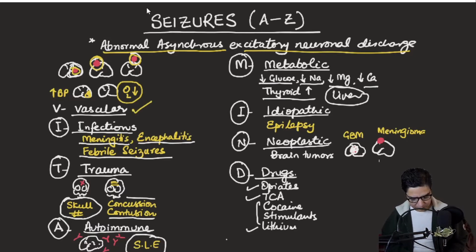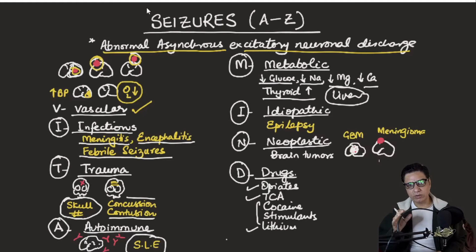Now coming to the I of the vitamin D, that is infections. Infections of the central nervous system. The central nervous system comprises the brain and spinal cord, and it is surrounded by the layers which are known as meninges. So if there is a viral or bacterial infection of these meninges, which we call meningitis, because of close proximity to the brain tissue, this inflammation can actually irritate the healthy neurons, causing them to